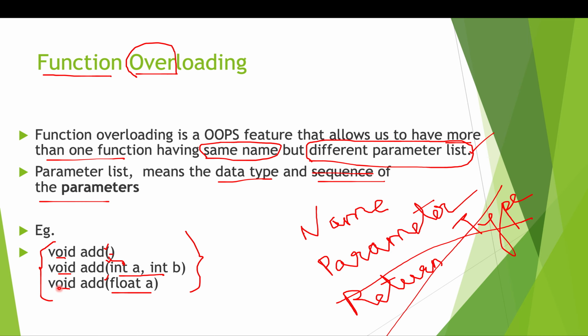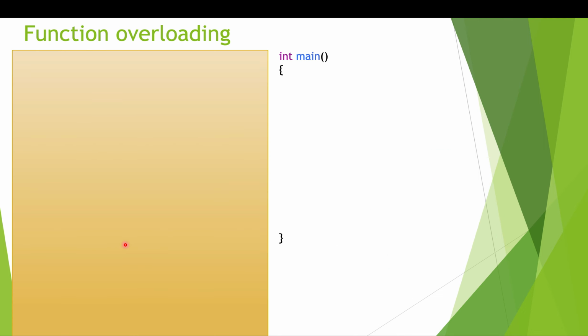This is a common doubt that students have and they get confused about it. So just remember, whatever the return type of the function is, it is nowhere going to make a change in the function overloading concept. In function overloading, all the functions should have the same name and different parameter lists. I hope this much is clear to you. So we'll move ahead with an example on function overloading.